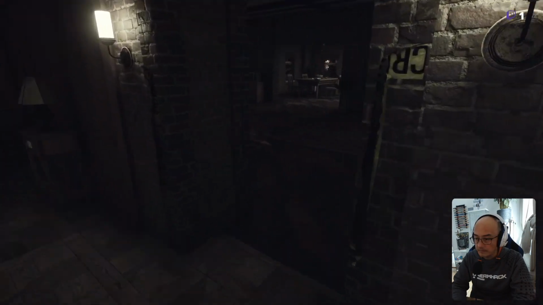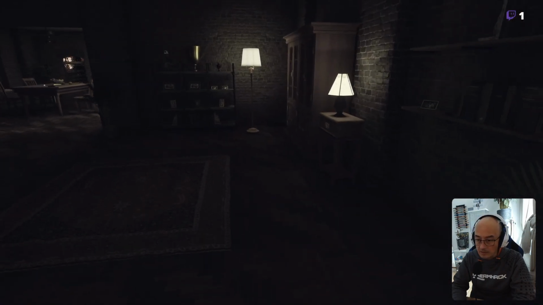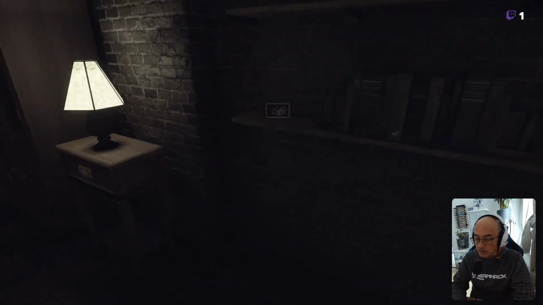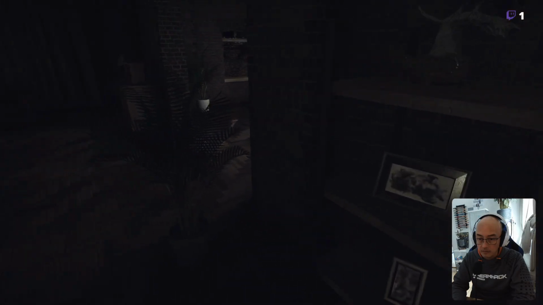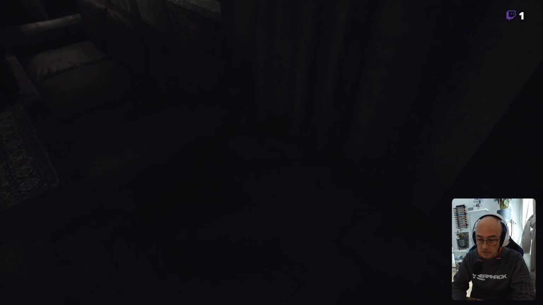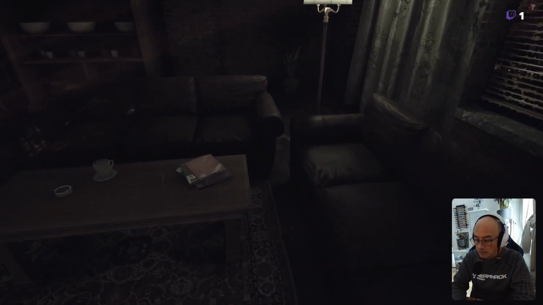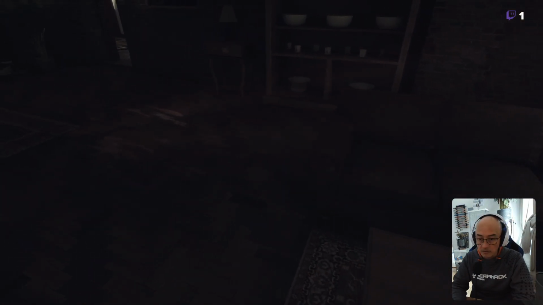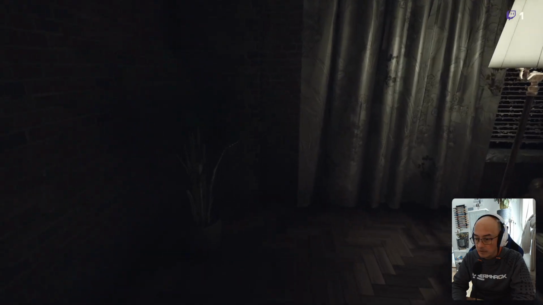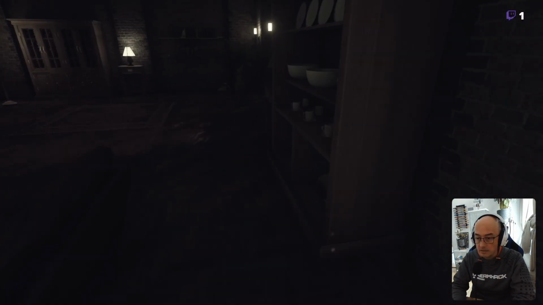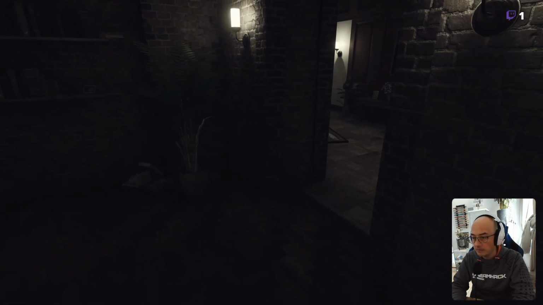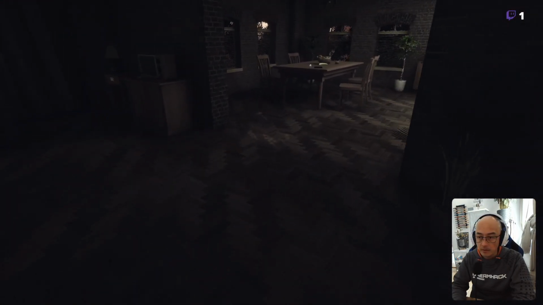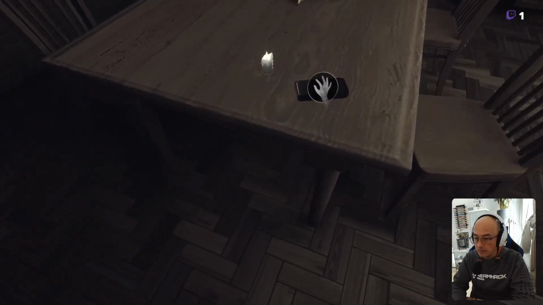Let's see. All right, now you have light here. Again, checking out that we don't miss anything here. Even if it's a rubber duck, we will take it with us. And I don't think that's the case. So it looks like we have everything with us. So, let's go to the kitchen.